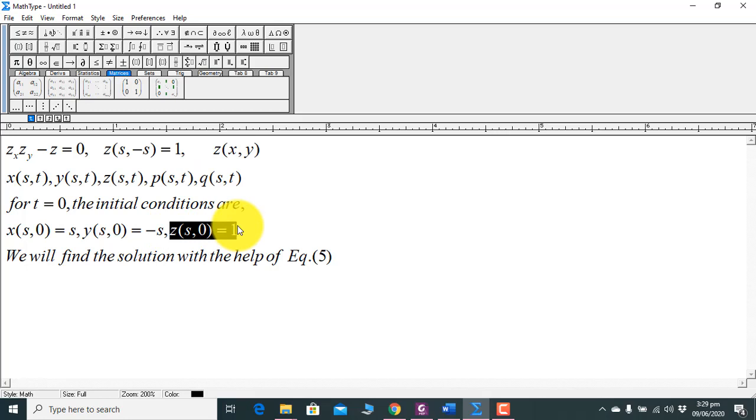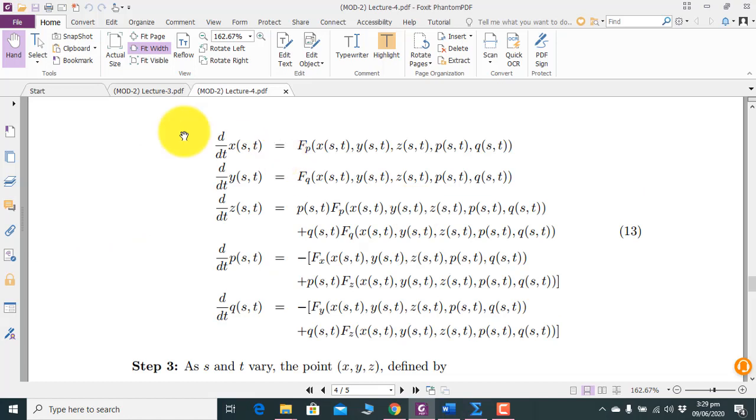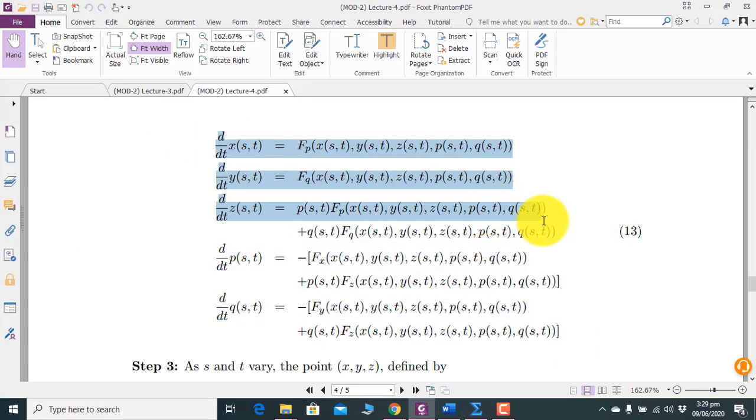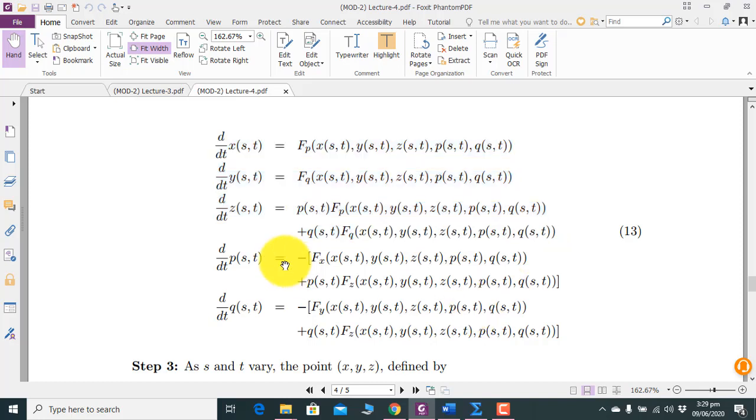But the problem is that you have 5 ordinary differential equations for any initial value problem. In the system you have 5 first order ordinary differential equations. For x, y and z there are 3 conditions, and by the existence and uniqueness theorem these ordinary differential equations can be solved easily with the given 3 conditions. But what are the conditions for P and Q?